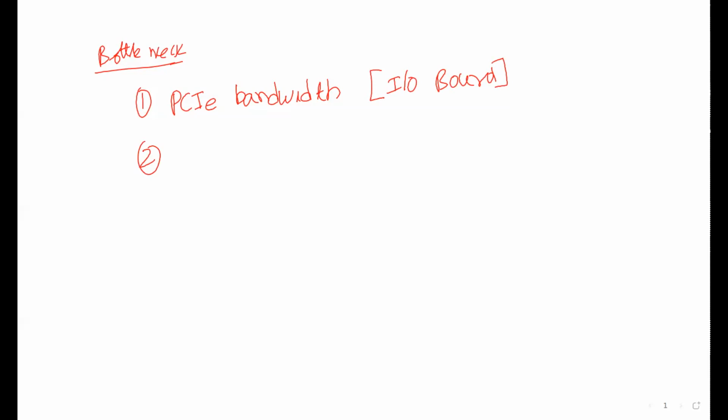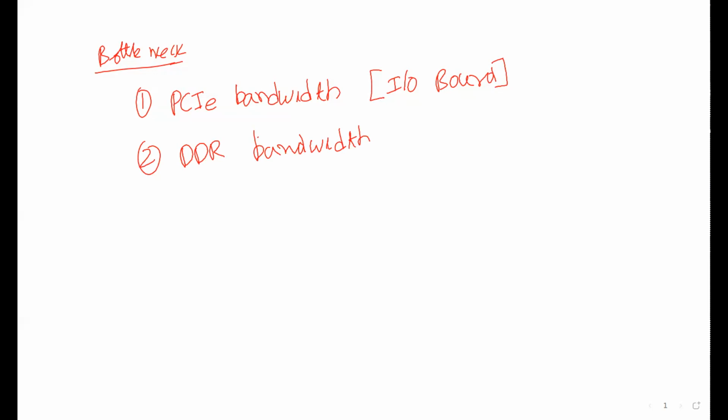The second problem is the DDR global device memory bandwidth. Earlier, what we were doing is reading one element at a time, that is 32 bits at a time.